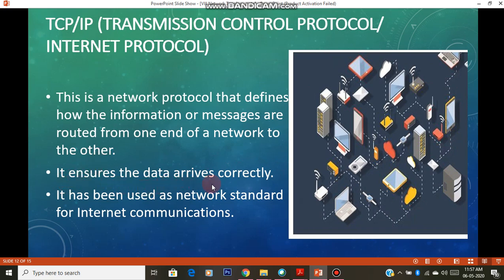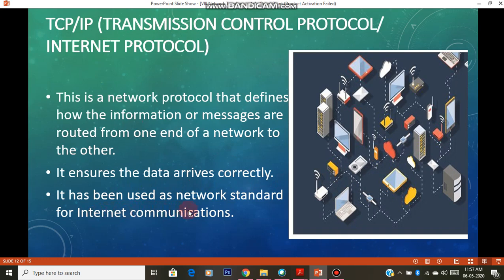It ensures the data arrives correctly. If you send some mail or transfer something, is this data being transferred properly or not, is it passing on a proper channel, is the communication media taking the data properly, or did the data get destroyed at the center itself. These things will be checked by TCP/IP.